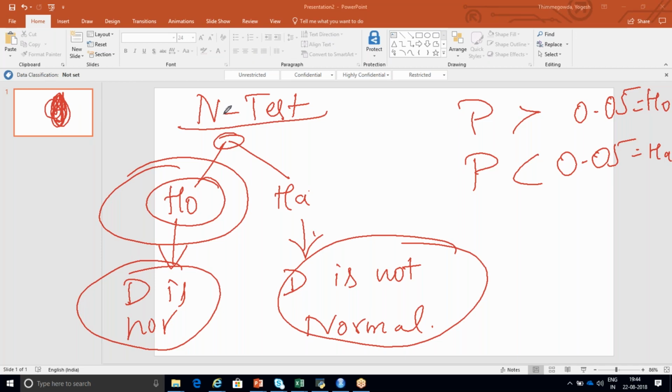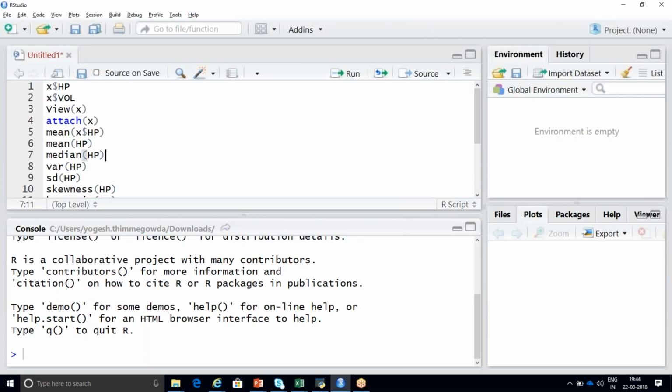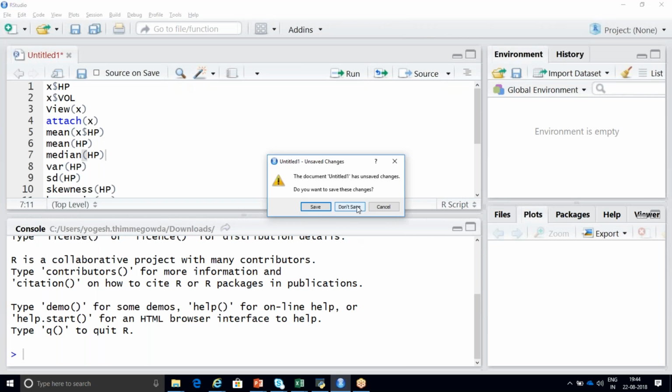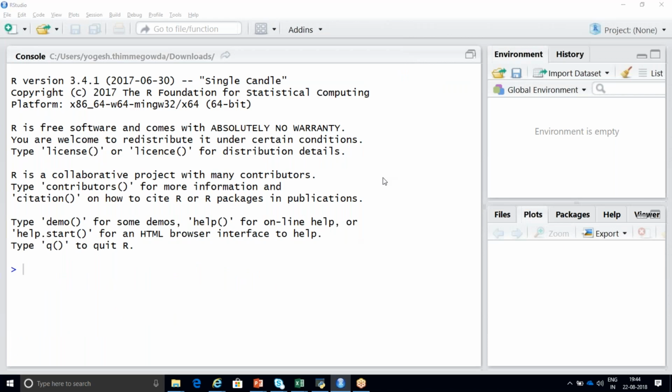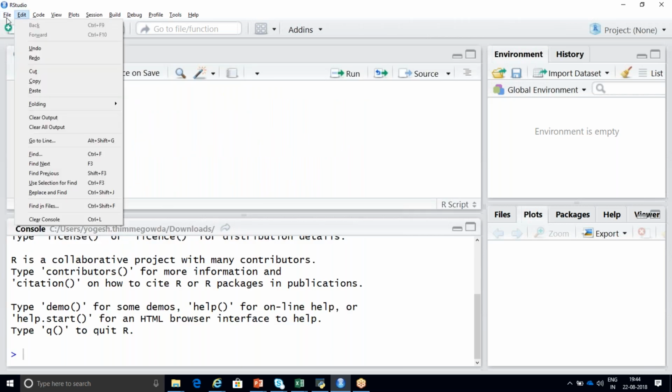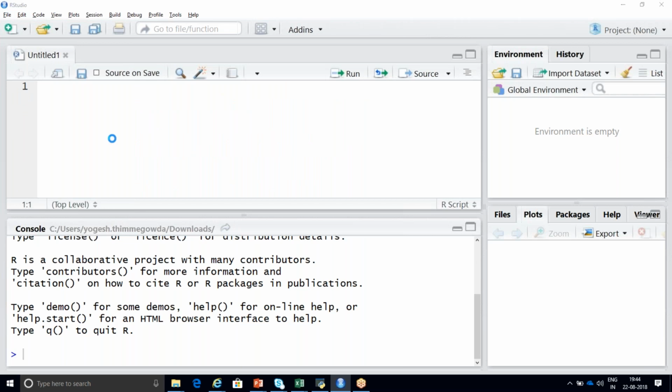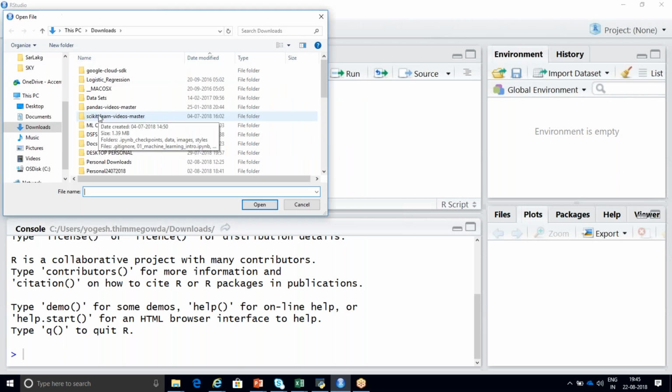Okay, first step we are going to check for your data, that is your normality test. So let me open your data set in your R. Now coming to this step, I'm going to open your data set from your system. Whatever the quote I said, that is nothing but P low, null go, P high, null fly. You should remember that if you want to learn in an easier way.